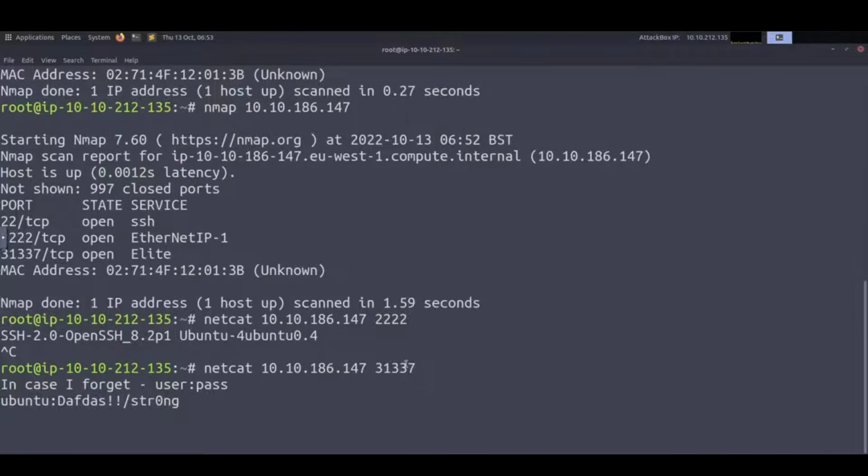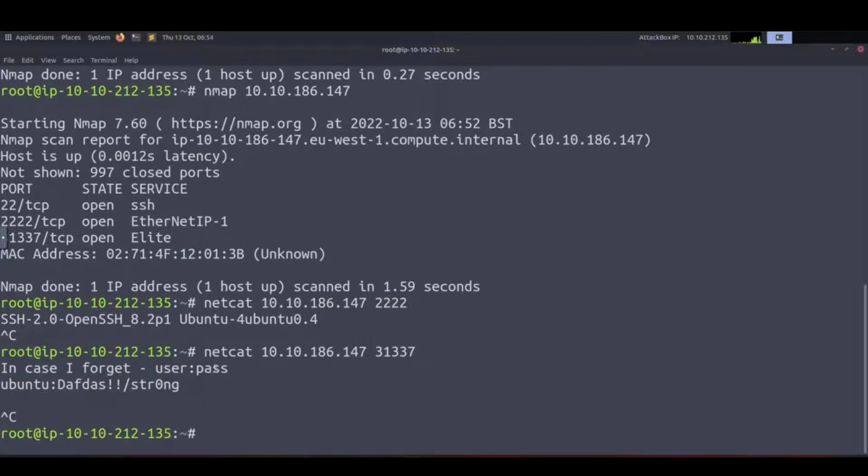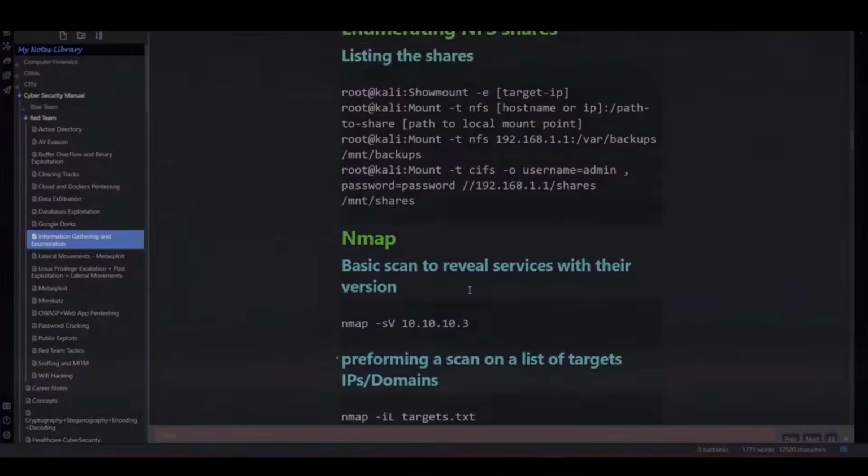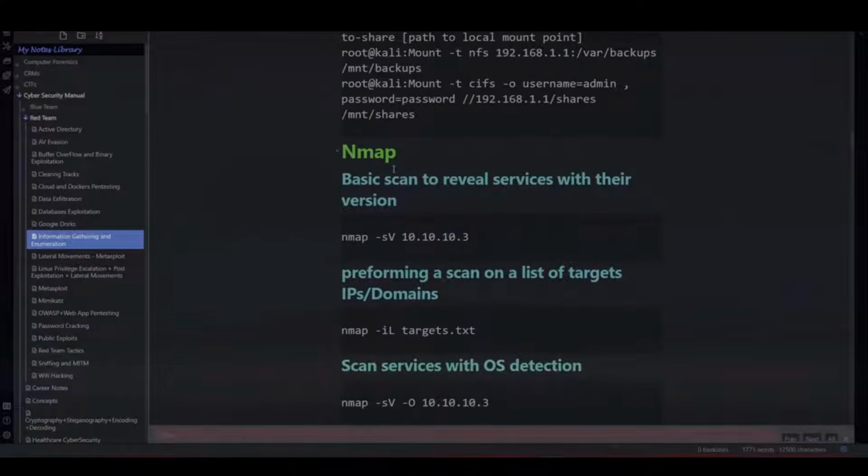So as you can see, we are connected to this port and we have this. In case I forget, user pass, and we have a username and we have a password. It's clear that these credentials are supposed to be used to log into the SSH server, either on this port or this one. Now, except Netcat, how can we get this information using only Nmap? So let me get back here to my notes. As you can see, we first have to